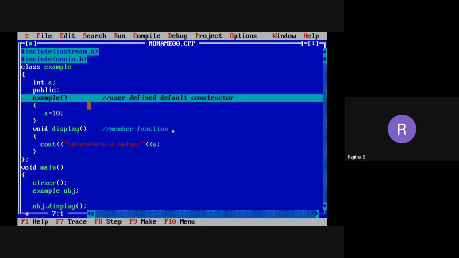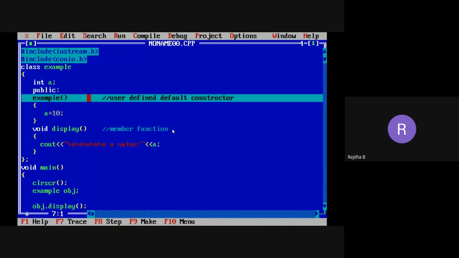Is this clear, everyone now? Yes, ma'am. So when you create the object, you may have a number of statements after it, but after execution of the object creation statement, the compiler automatically calls the constructor function.